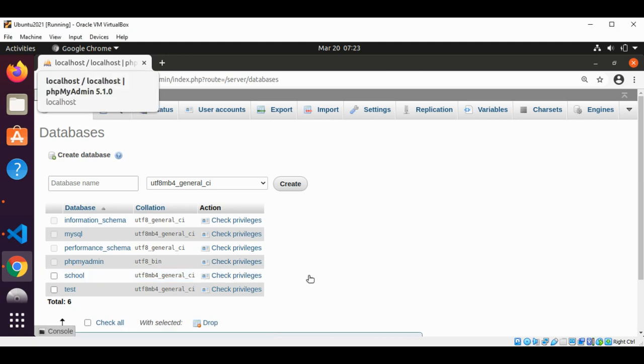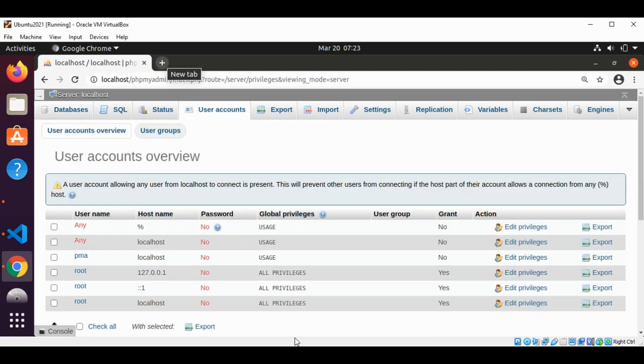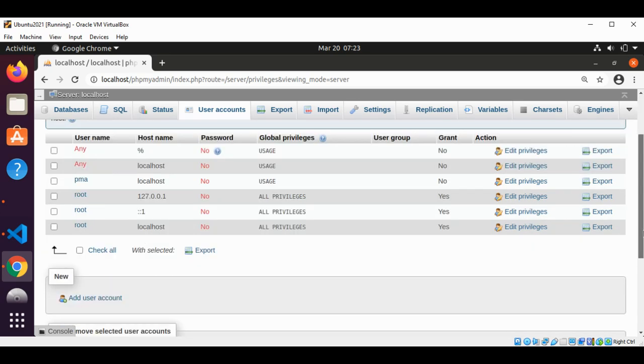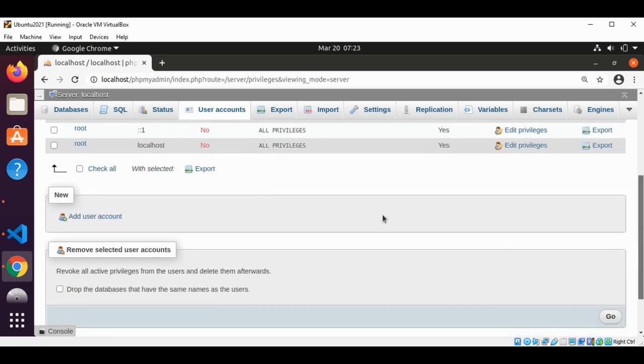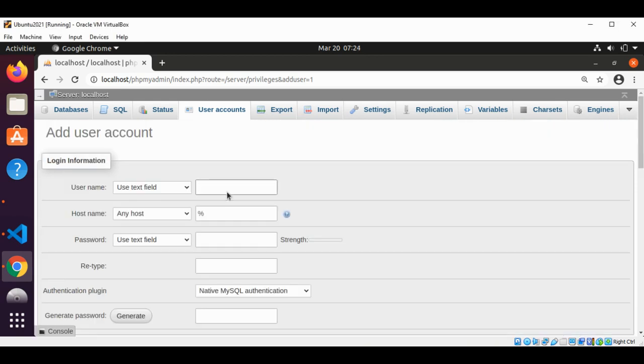Now I'm going to create a user for our database. We can click on user accounts tab. And here is the list of users. I will add a new one. We need to scroll down a bit and click on add user account link. Here you need to add a username. I will add Tom, and for the host name I will select localhost,